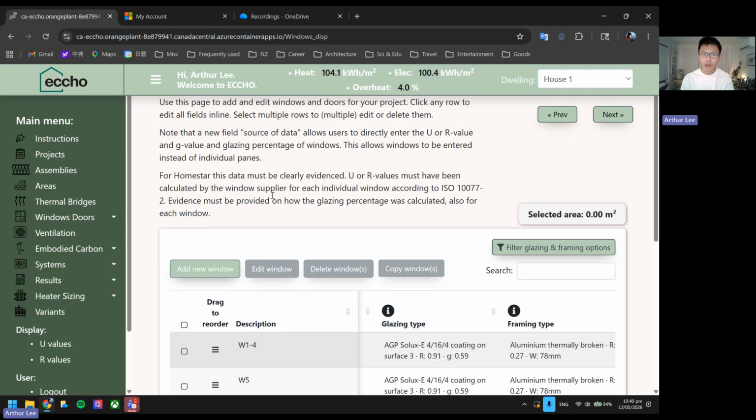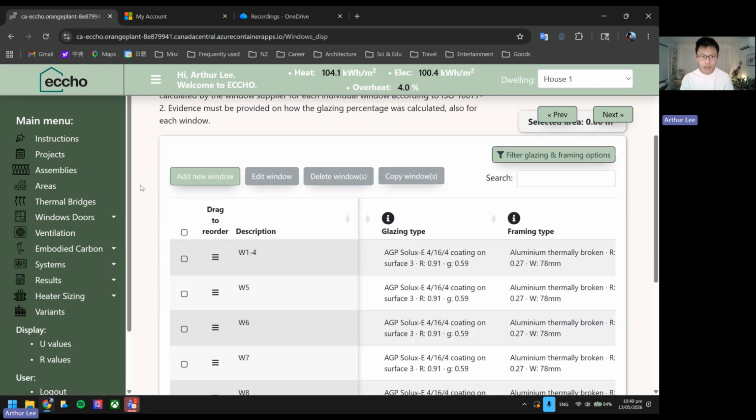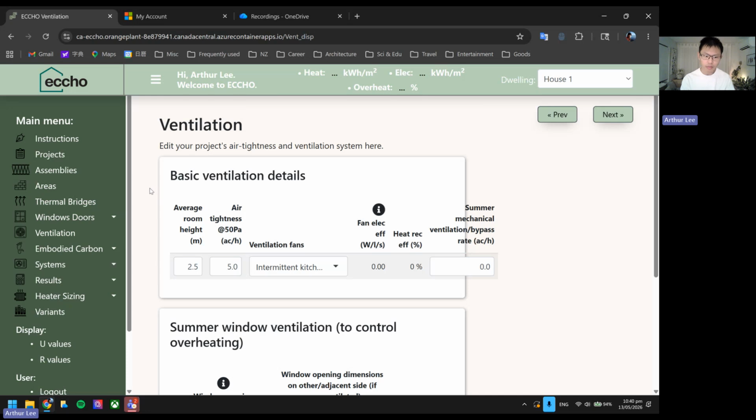Right. So now we are looking at the heating demand at around 104 and the overheating around 4. So overheating is not much higher, but slightly higher. We probably do need to find a way to bring that down a little bit. And the third item we need to look at is the ventilation as informed by the heat balance chart in